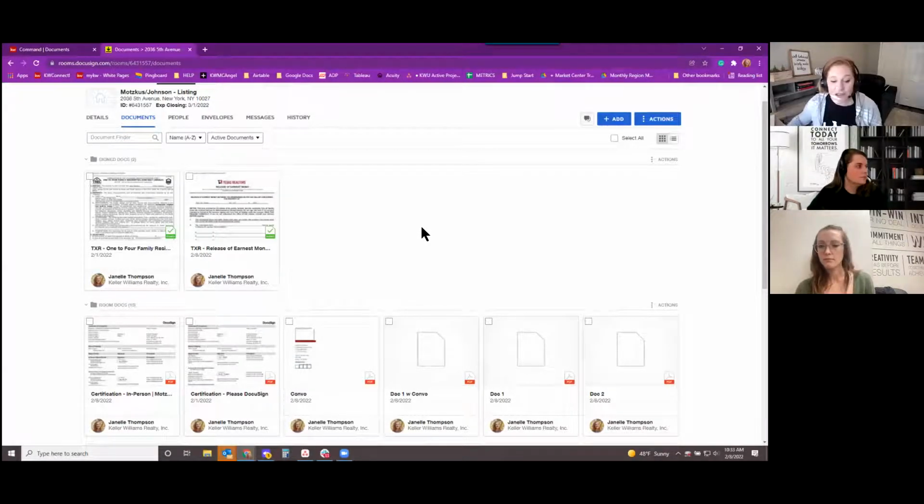Now, last up, we're going to talk about correcting and voiding envelopes. Now, this one is a little tricky for me because I always go back and forth with it. I feel like if you have a mistake on an envelope and nobody has signed it yet, you're in the clear. Go in, make those edits to it, do what you need to do. Where it gets gray for me and it starts to get a little weird is when somebody has gone in and signed, and now I've noticed that I've made a mistake,